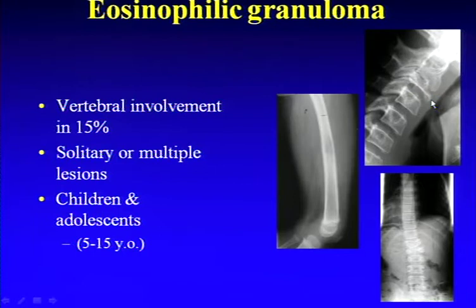Here's a true coin-on-edge vertebra plana. Looks very different than what David showed you with the discitis. And on these, I'll get an MRI. If there's no soft tissue mass, I will not biopsy these. But if there is a soft tissue mass, then you're thinking about Ewing's sarcoma, leukemia, and in the older children,